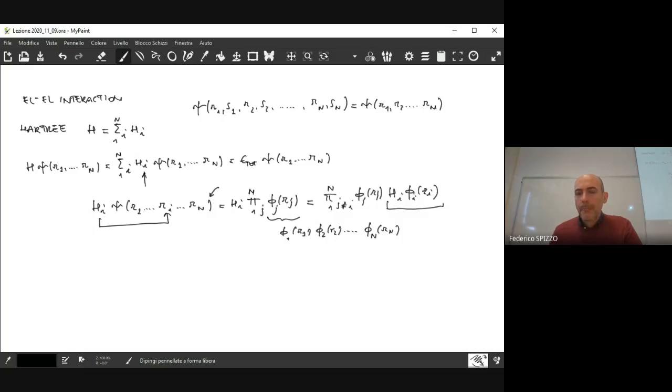So what is the result of that? Using this kind of structure for the n electron wave function, at the end, what you need to solve is